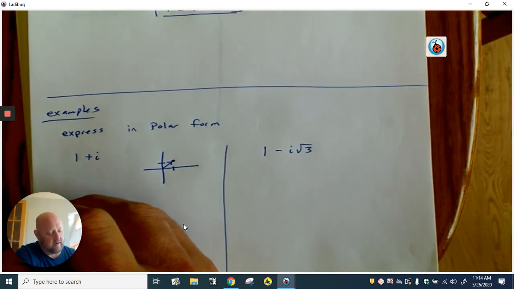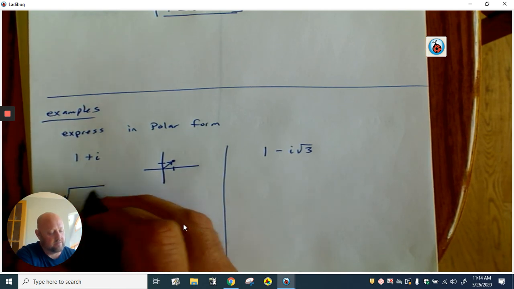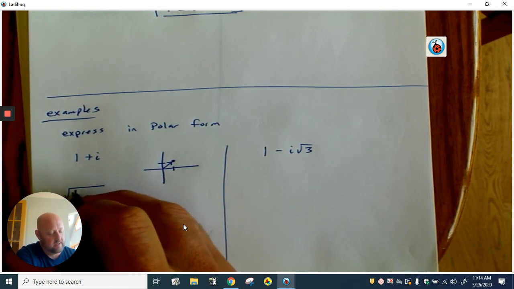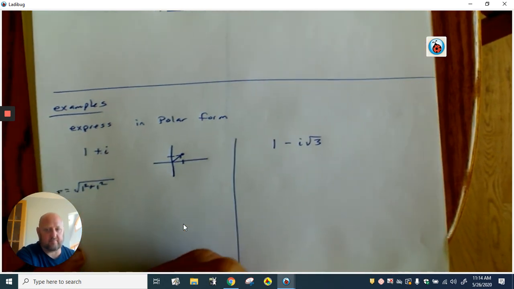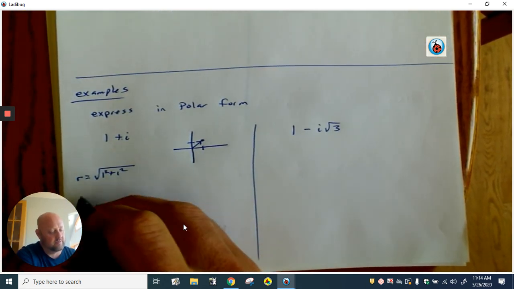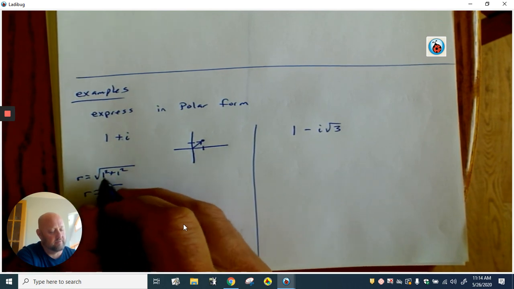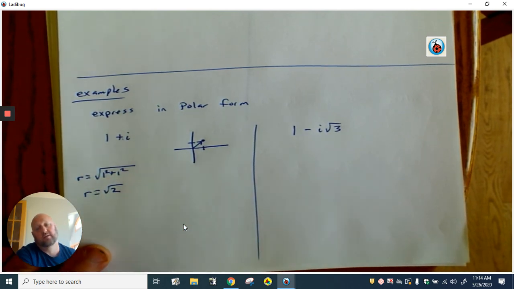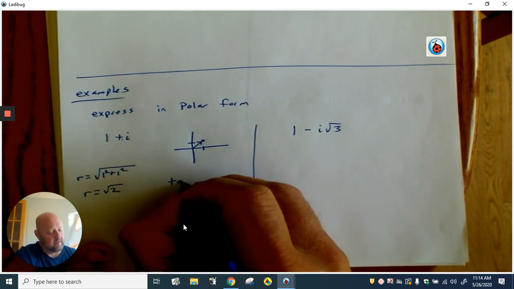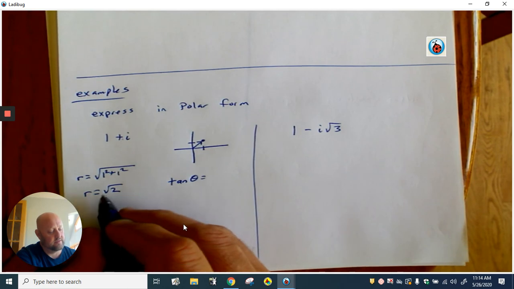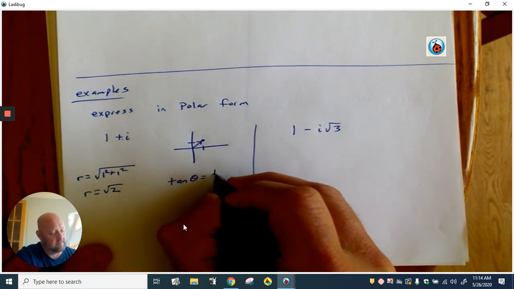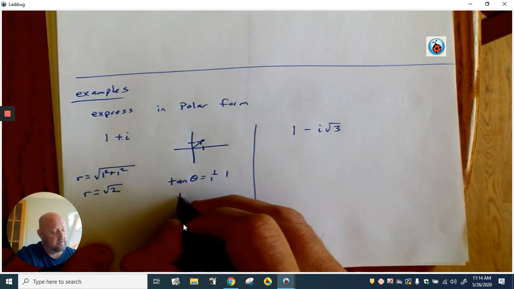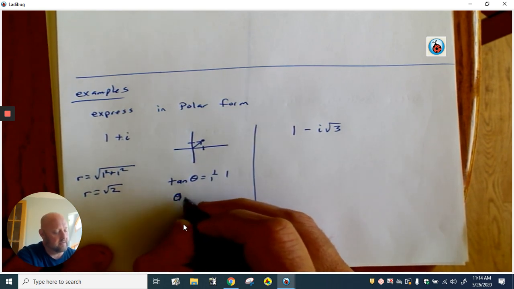Well, to find the r, we're just going to use the square root of a squared plus b squared. There is a 1 attached to that. That's how we're going to find the r, which would just be the square root of 1 plus 1, or 2. So we get r is equal to the square root of 2. And then to find the angle, we're just going to use the b over a. So 1 over 1, which is 1. When does tangent